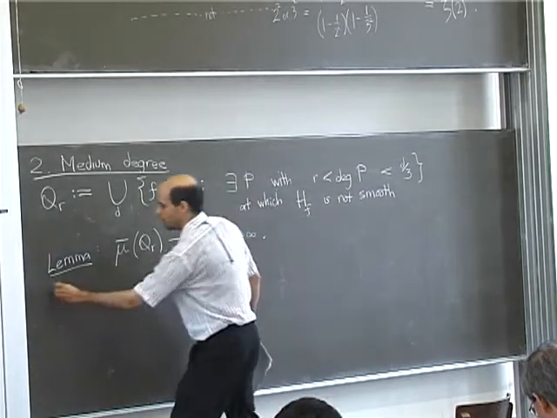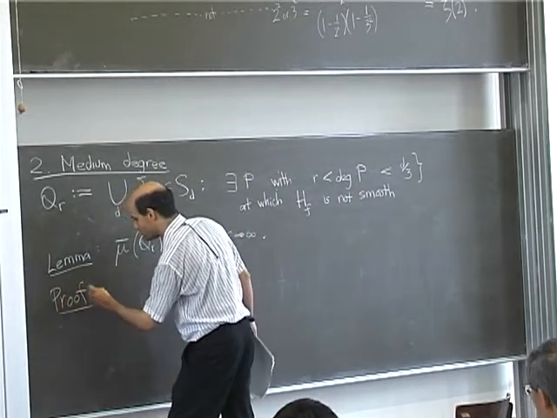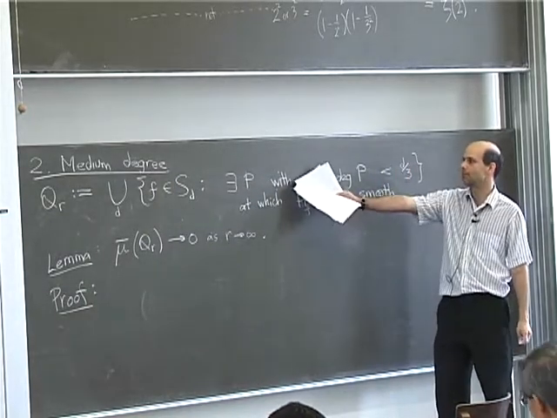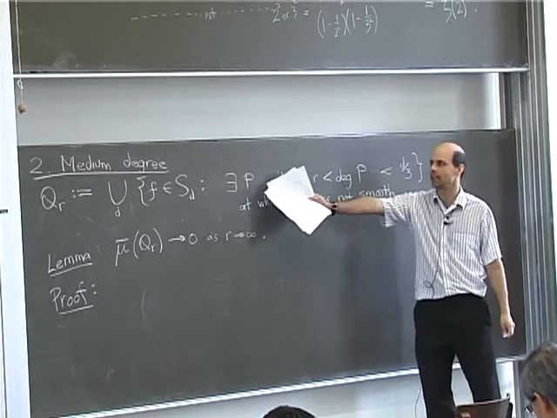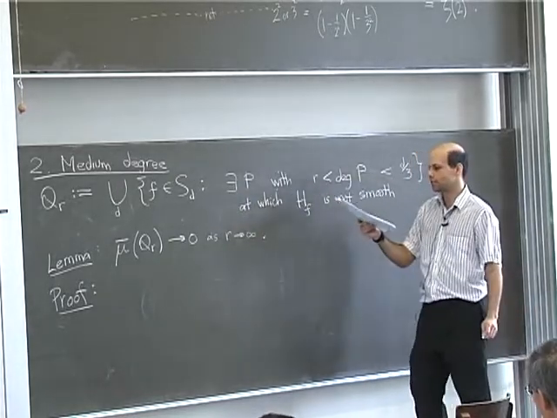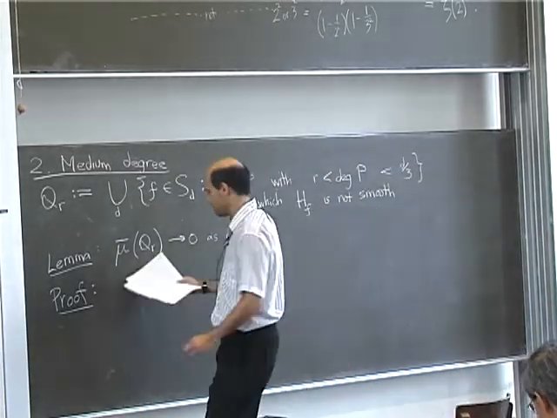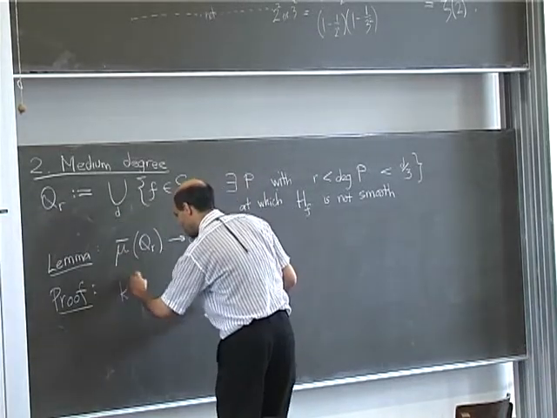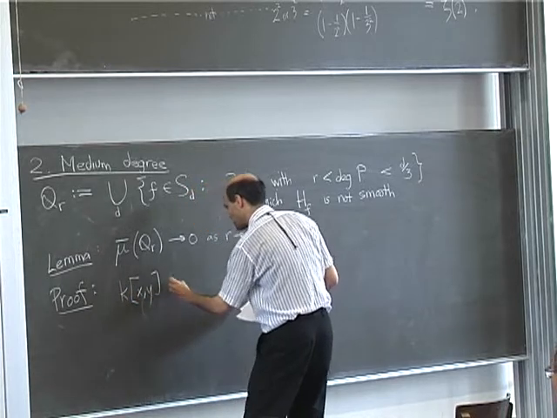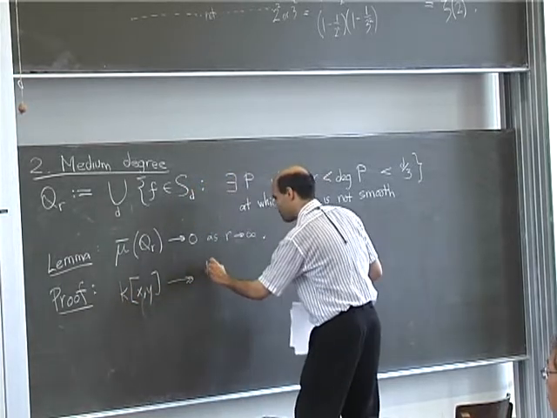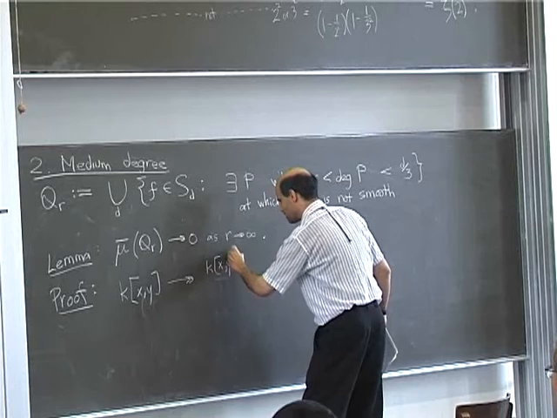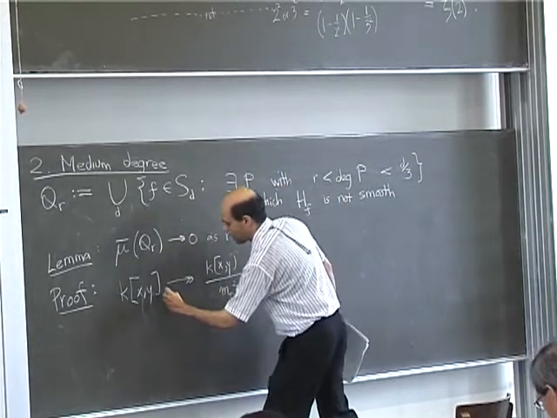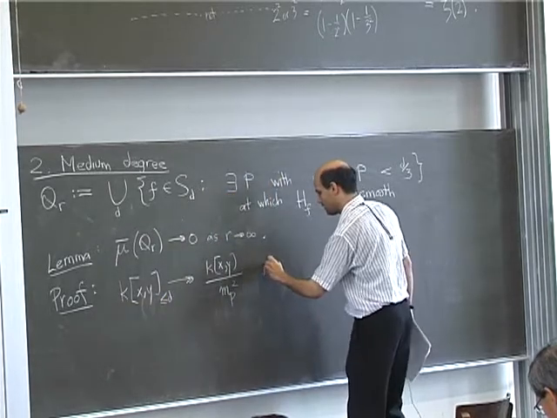Okay, so how do you prove this? Among the polynomials of degree d, how many of them give you a singular curve, a curve that's singular at a particular p? So again, it's going to use the fact that this phi sub d map is surjective. If I look at just this one point, so for p in this range, this is surjective.